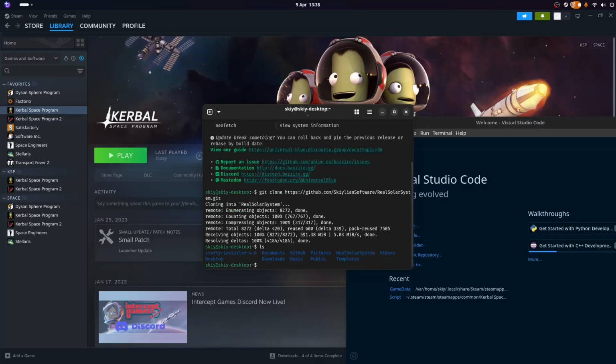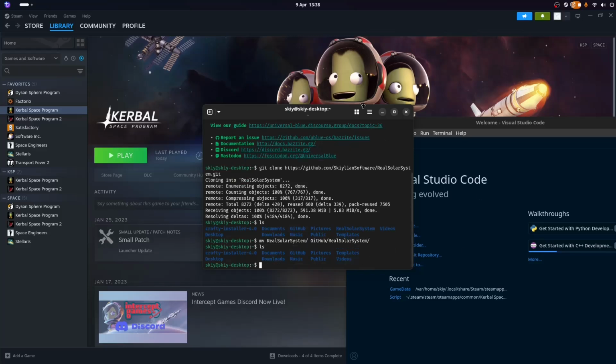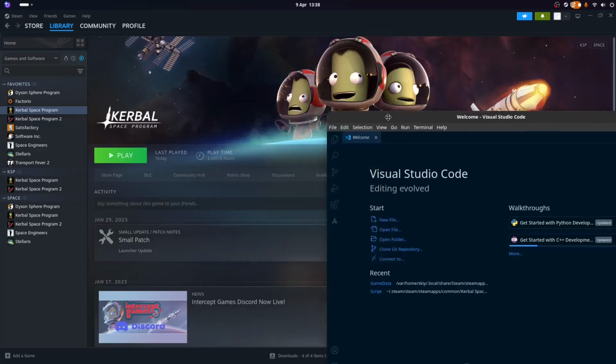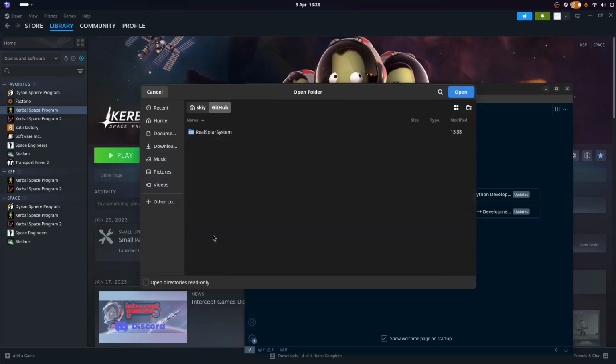Because I accidentally installed it in here rather than. Let's move Real Solar System to GitHub. There we go. So now we should be able to open folder GitHub Real Solar System. Excellent.